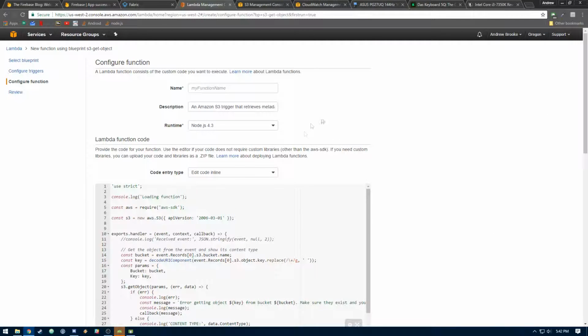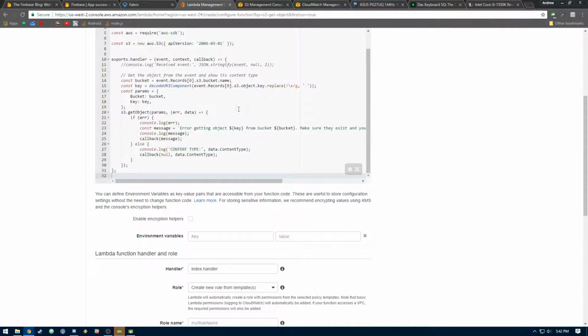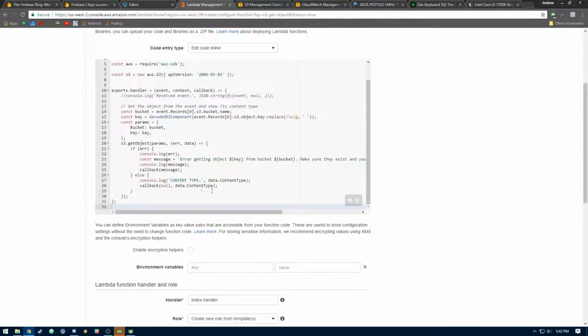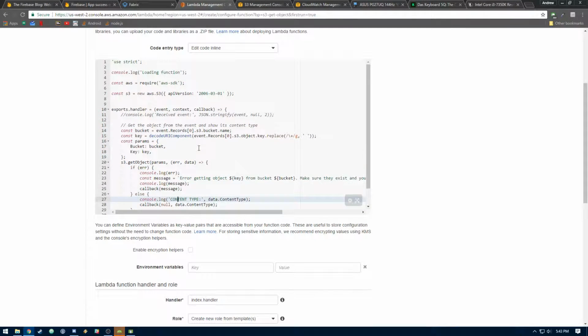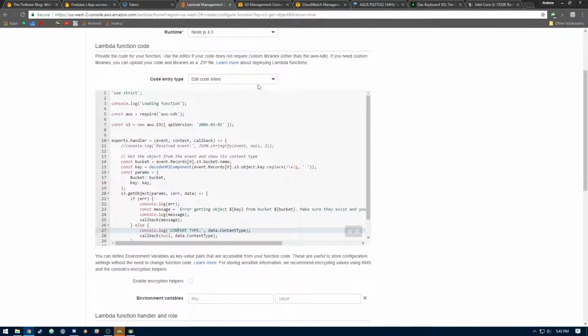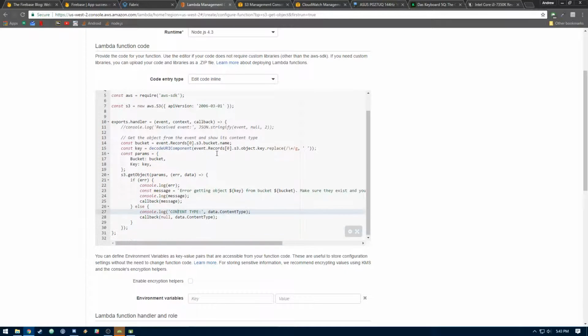Now this is basically the code that's pre-configured for this type of function, so we can call it whatever we want, my test function. And you could replace all of this with your own code inside of here. You could also pick which language you're using, so by default it's Node, but they've also got support for these. And you also don't have to do it inline, so you can upload a zip file and upload your own code. And we're just going to leave this to the default to give us some logging info about what triggered